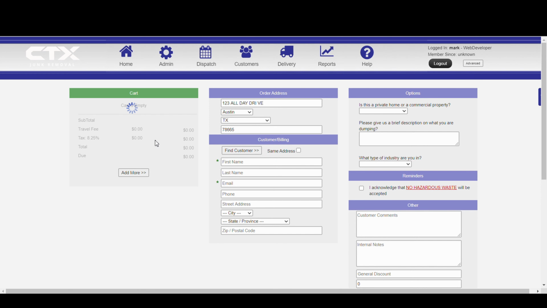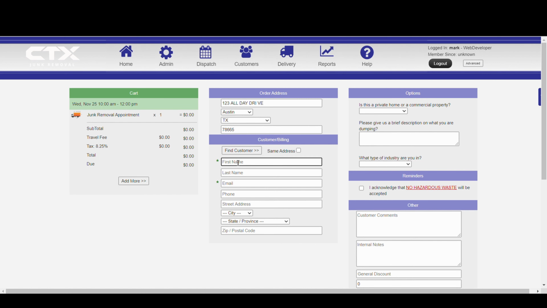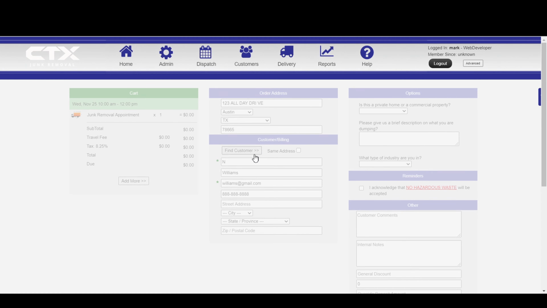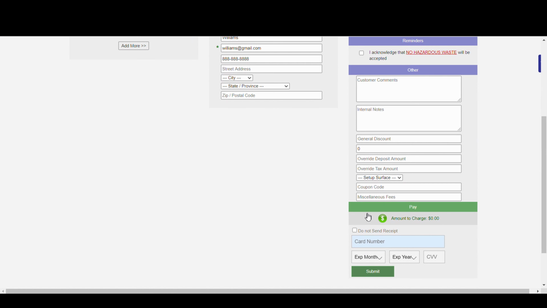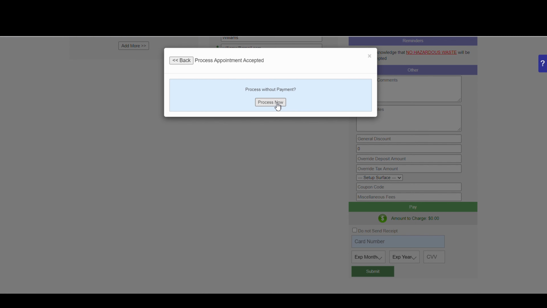And now I got an appointment, and now I'm going to ask them for their billing information, but I don't really need that right now because we don't know if they're going to be a paying customer. So they said, hey, you know what, you actually did this before. My last name is Williams. My first name is Ian. Okay, I already have all their information. Once I'm done, I'll go right here, and I'm going to go ahead and just put appointment accepted. And now I just booked it,